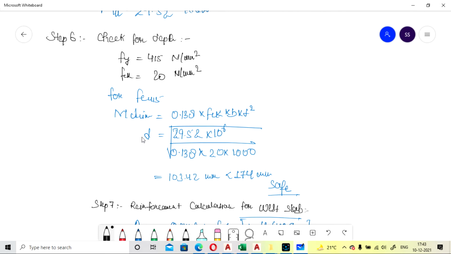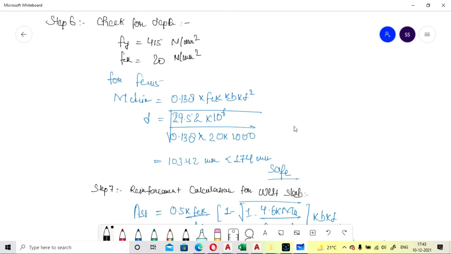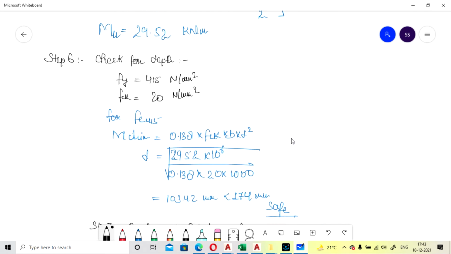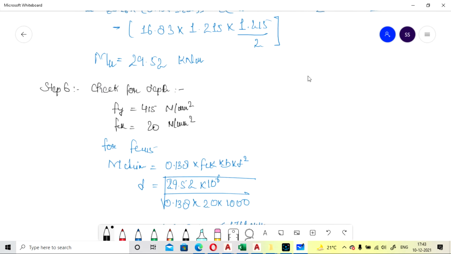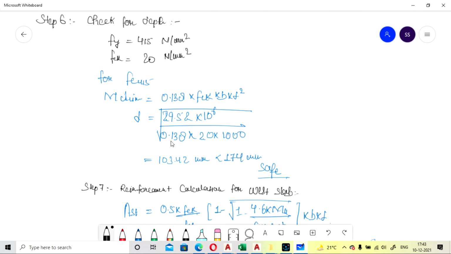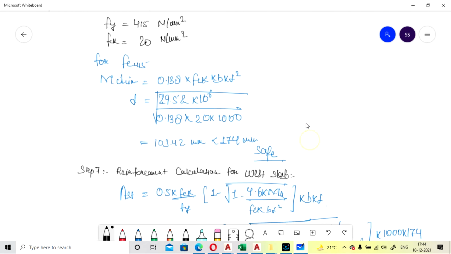Now small d, that is the effective depth of the base slab, will be taken as 29.52 into 10 to the power 6, this will be your moment, divided by 0.138 into fck 20 into b, the width. And d will become here, its value will become 103.43 mm.